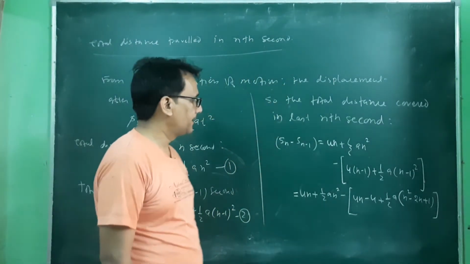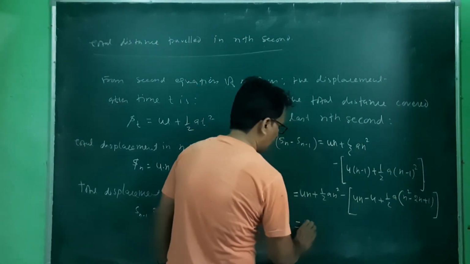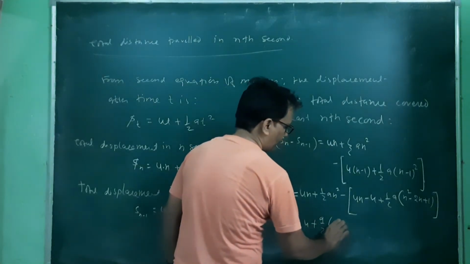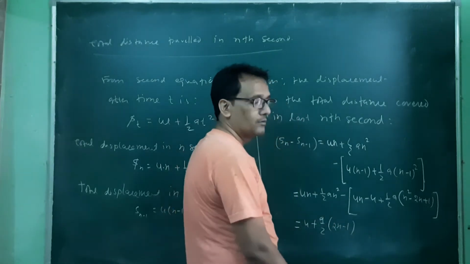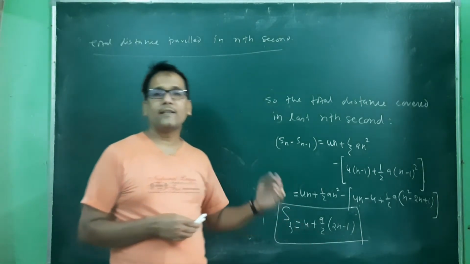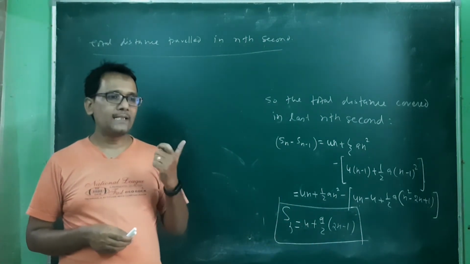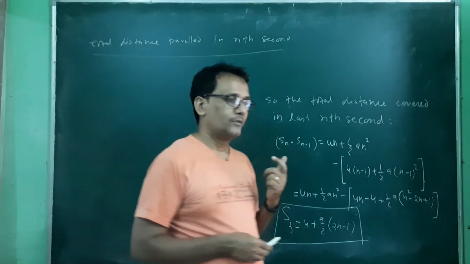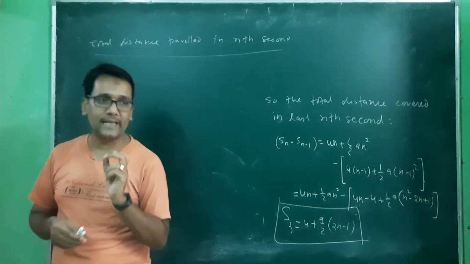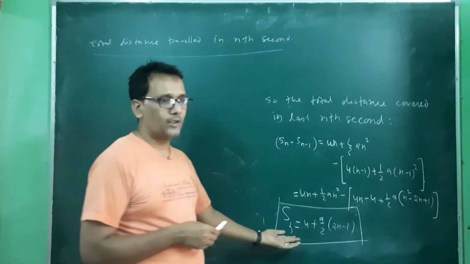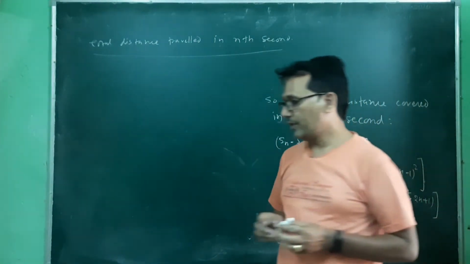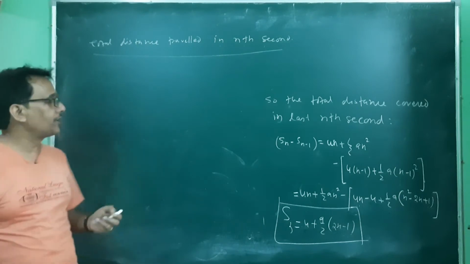We can expand it. So this is u plus a by 2, (2n minus 1). So this is used to calculate the distance covered in the last 1 second of any motion, the nth second. So it is given as 16 second and 15 second, and the 16th second you can calculate using this formula directly. So this is the fourth equation of motion, one can say. Now second, we have derivation, that is by using differential equation.